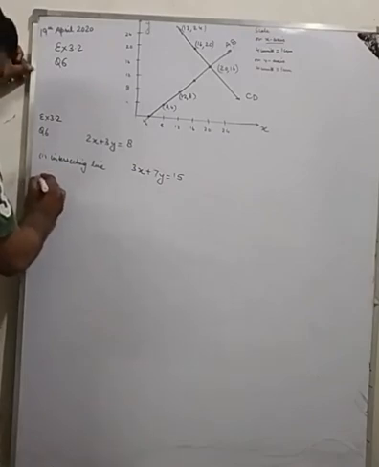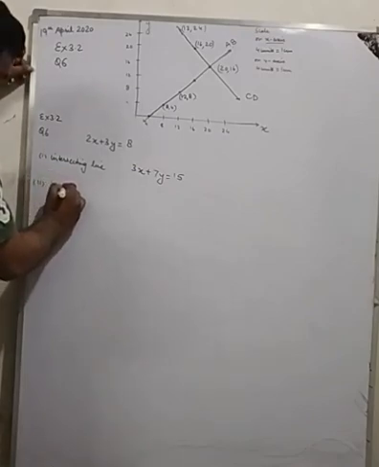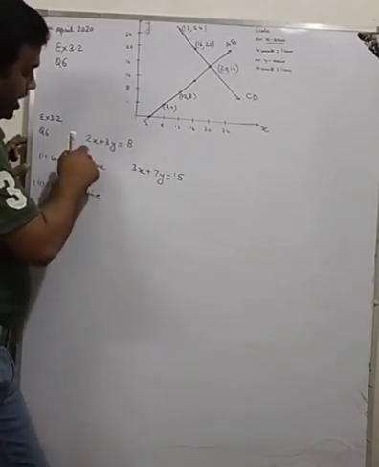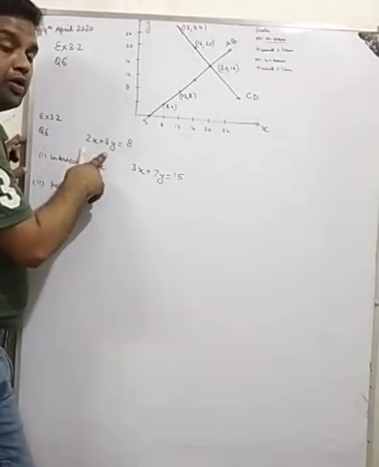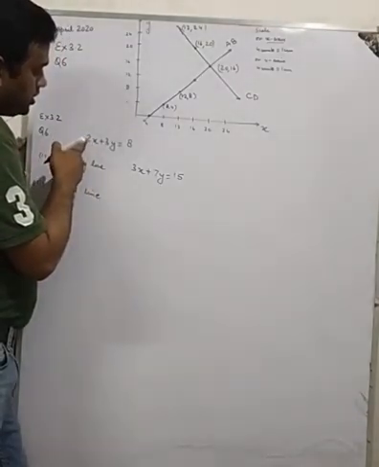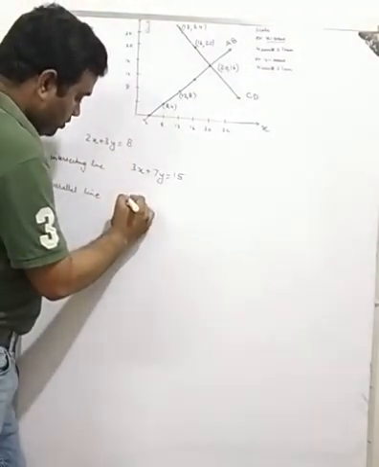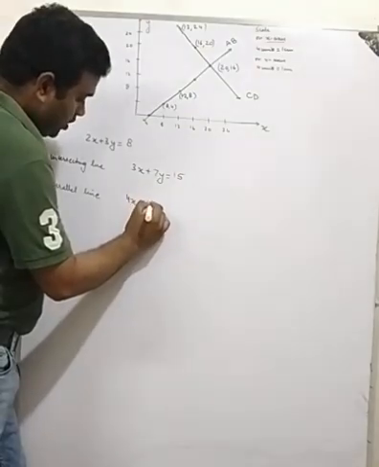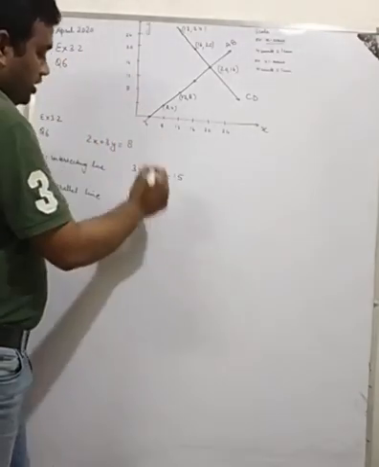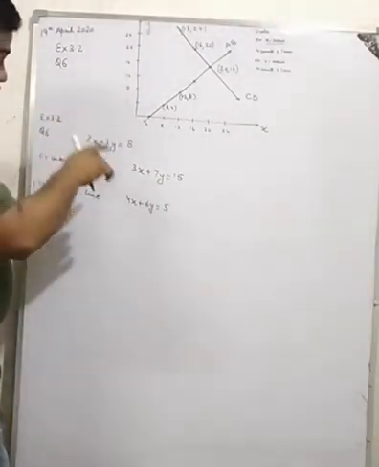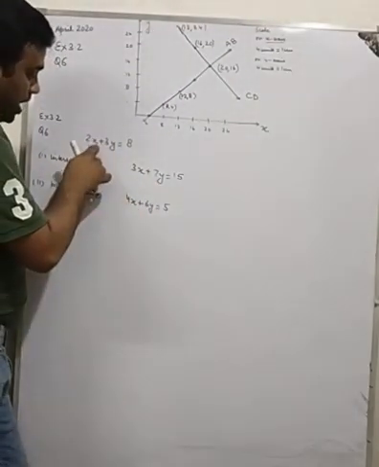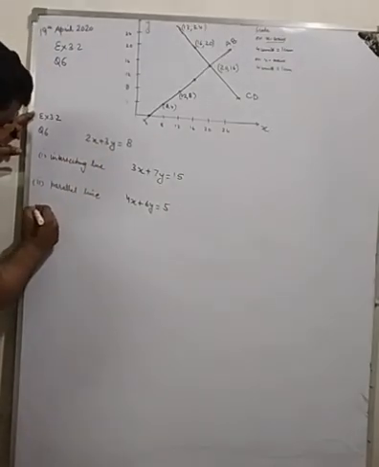The second one, parallel line. Here I multiply the x and y with a common number, leaving the constant. Like if you multiply this x and y both with 2, this will give me 4x plus 6y. Now increase or leave this, or randomly write any number, 5. So this line is intersecting with this line. This line is parallel with this line, and the third one is